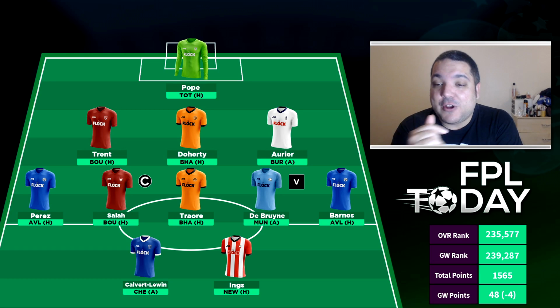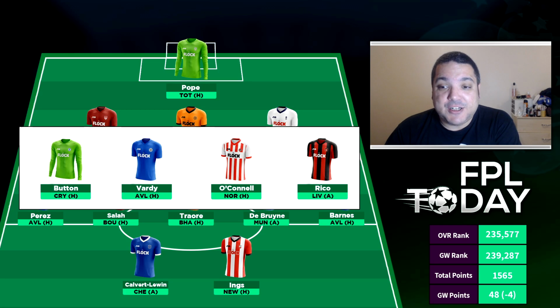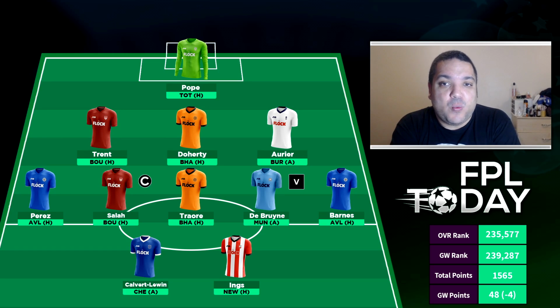But looking at my side, we can see we have some players that are confirmed for Game Week 31 already. We have Pope, we have Trent, we have Doherty. Traore is a bit of an issue. We have Aurier, we have Salah. But then, of course, blanking are Ings, Calvert-Lewin, Perez, Barnes and Bruyne. And then if we look at my bench, we can see that Vardy is also blanking, O'Connell is blanking, and then Rico is playing. That leaves me with 7 players that will feature, hopefully, as long as they start in